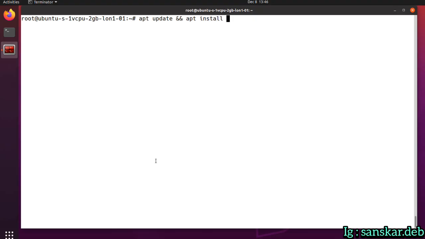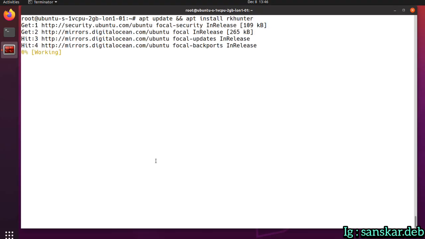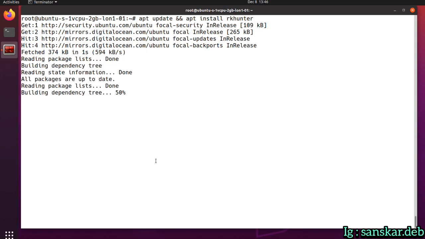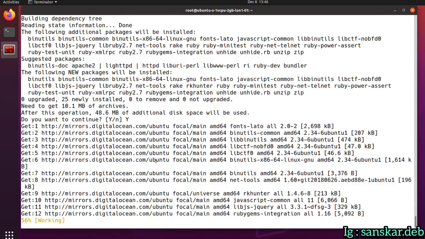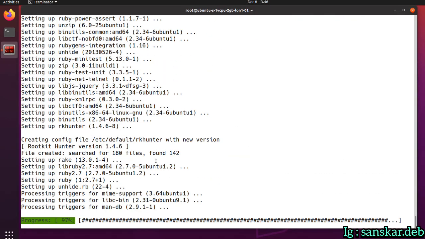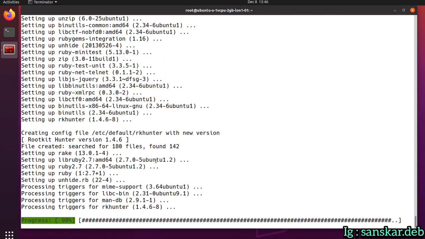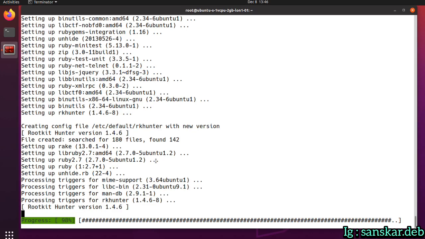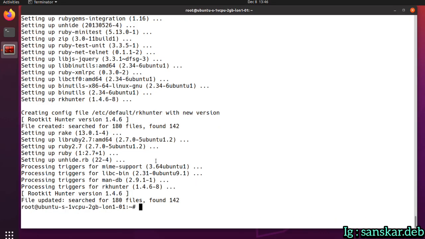apt install rkhunter. It's installing it. After installing RK Hunter and prior to running it for the first time, update the file properties database. One of the checks RK Hunter performs is to compare various current file properties of various commands against those it has previously stored. I'm running rkhunter